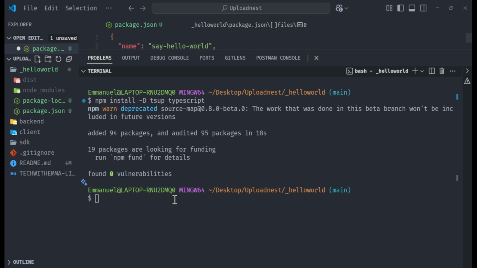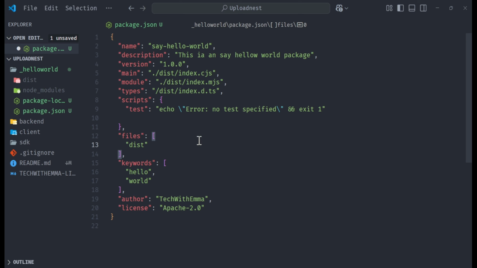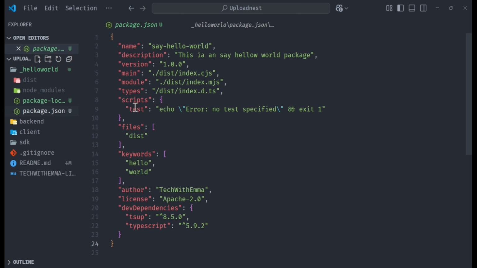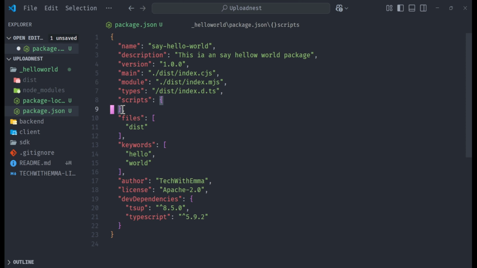So this has installed. So let me close my terminal, and let me open this again, and here we can see the dev dependency here. So now what we can do, let me remove this, and then